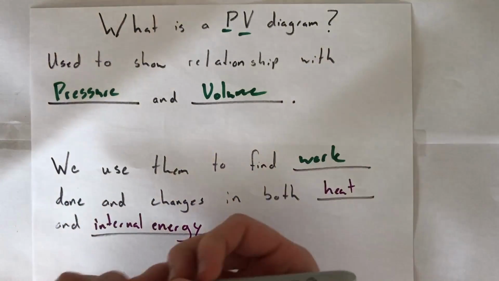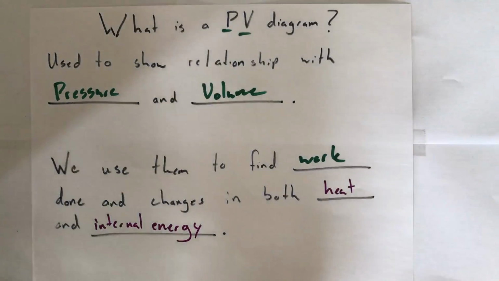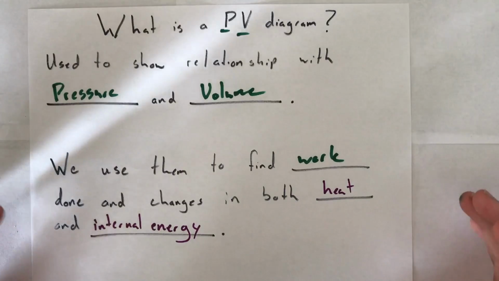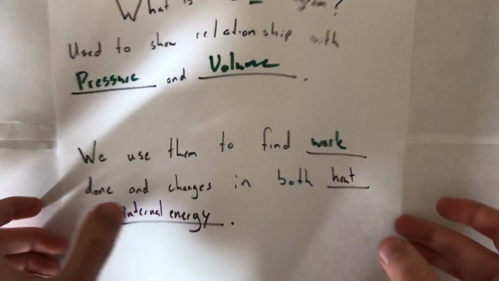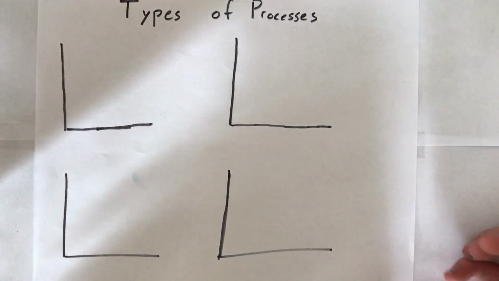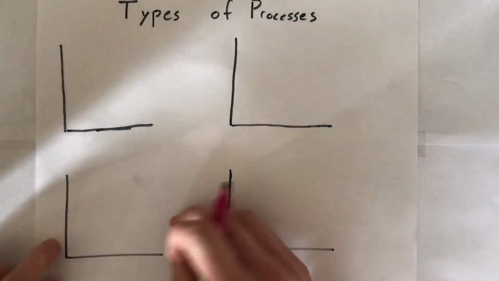Now, a big deal with PV diagrams is you have multiple types of processes. So if you're going to fully understand these and know how to deal with them when they come up on a test, you're going to need to know those 4 types. So here I have 4 small graphs, and we're going to be running through all the types. We're going to be talking about